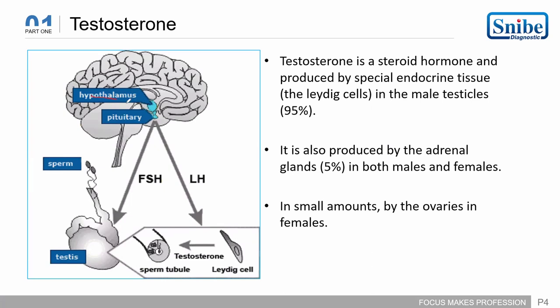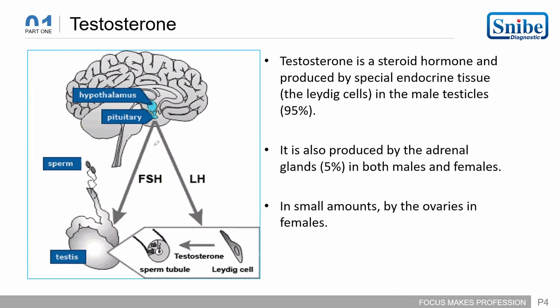The hypothalamus and the pituitary release hormones like FSH, and then this FSH and LH have an impact on the Leydig cells in the male testicles,